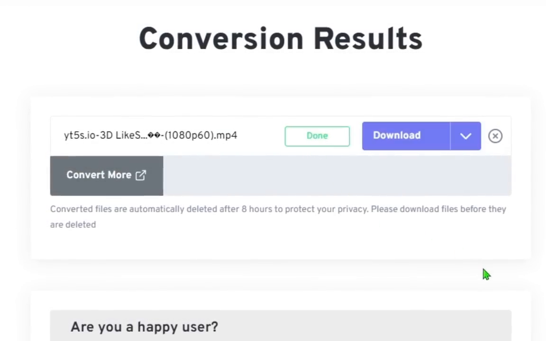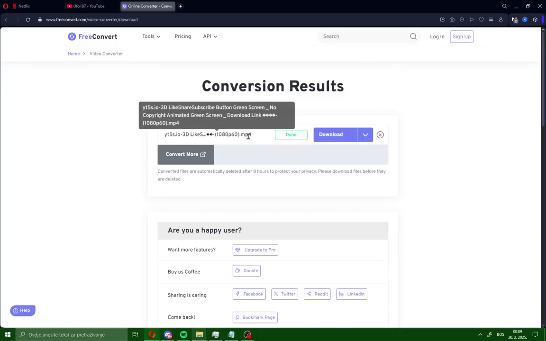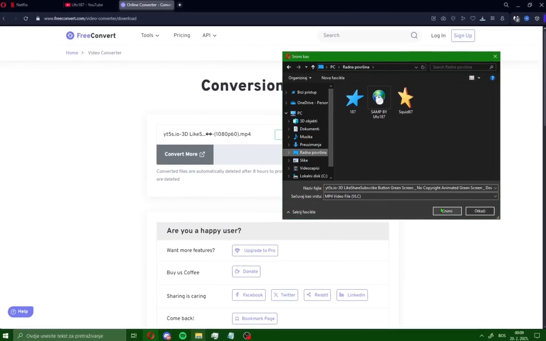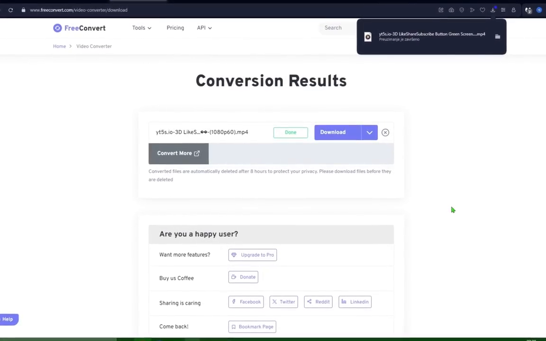Just wait for this. After you do this, you will see MP4 and 60 FPS. Go here download, save your video, and that's it all guys, how to make any video to HD or